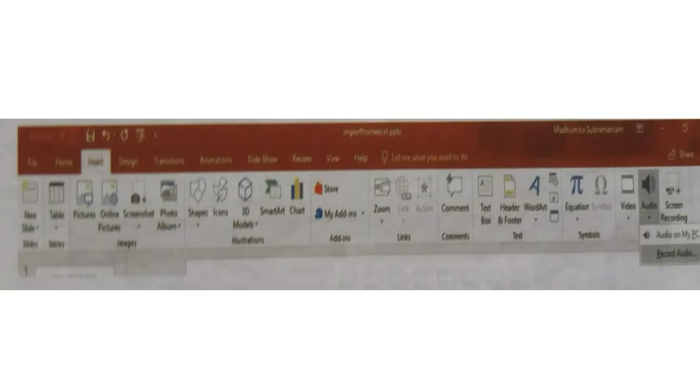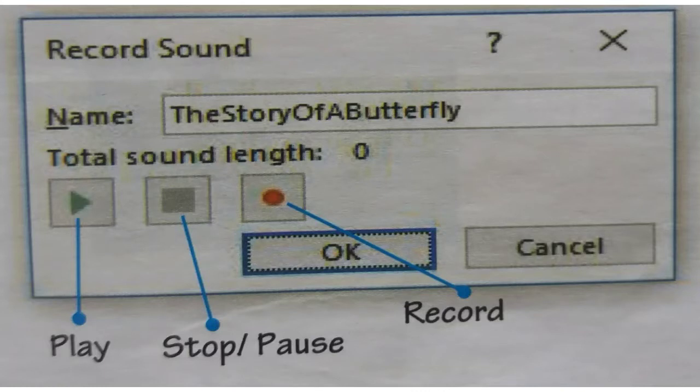Inserting audio clips. Audio clips can be inserted into the presentation in two ways: by recording an audio clip and embedding it into the document, or by inserting an audio clip from the PC. By recording an audio clip: record a clip. For this, a functional microphone is required. Inserting an audio clip from the PC: browse through the files in the PC and select the audio clip to be inserted into the presentation.